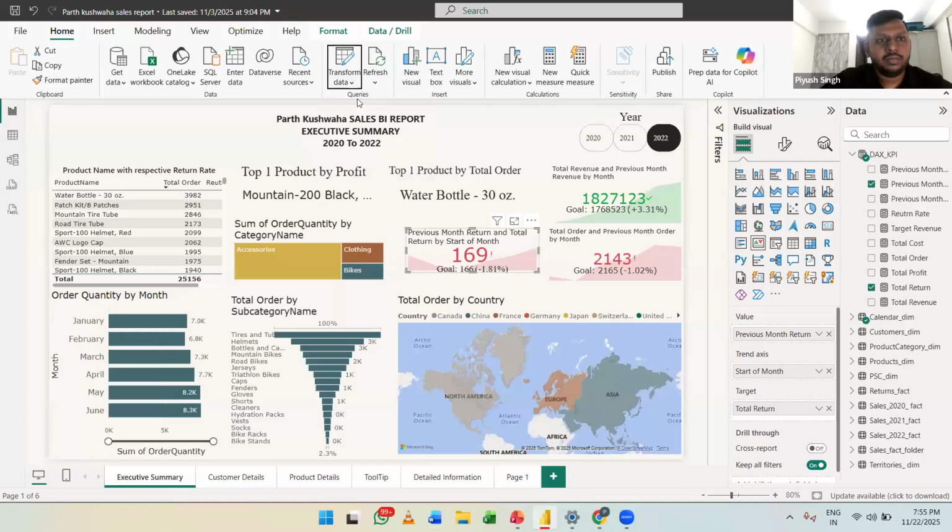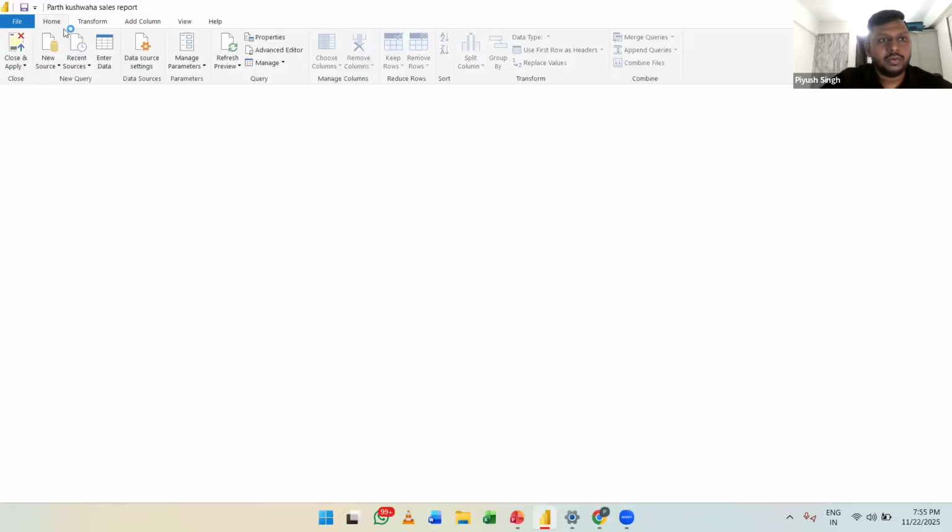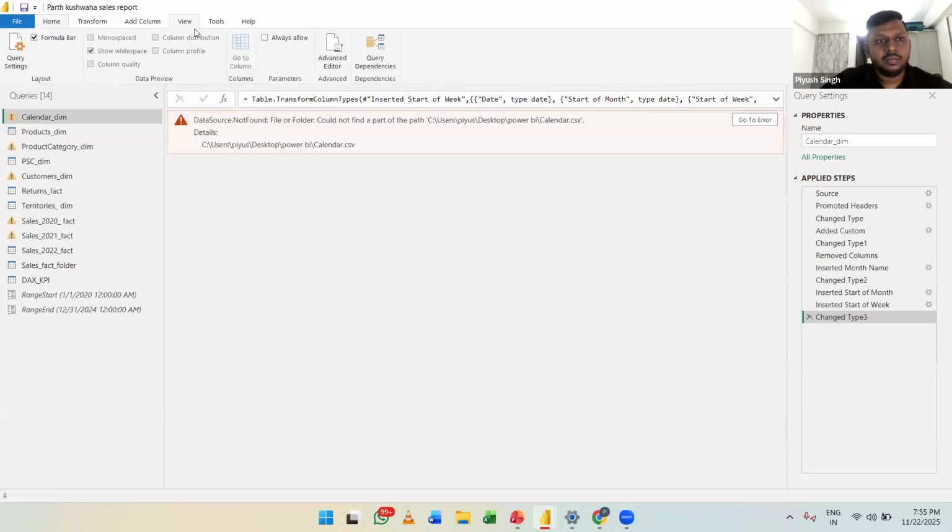Why am I saying that? Because if data is unstructured, Power BI will not automatically identify what type the column is, right? Let me show you once again. Entire screen share. I showed you this: home, transform data, view. Can you see monospace, show white space, column quality, column distribution, column profile? Power BI will automatically understand what a column is telling you. If Power BI is not able to understand what a column is telling it, it doesn't make sense; it is unstructured for it.